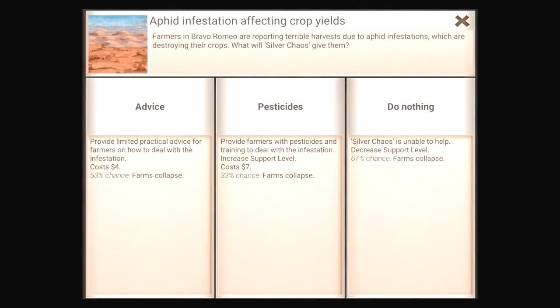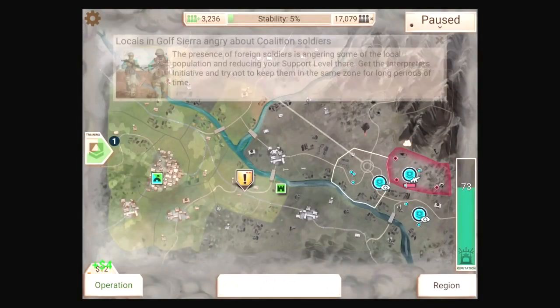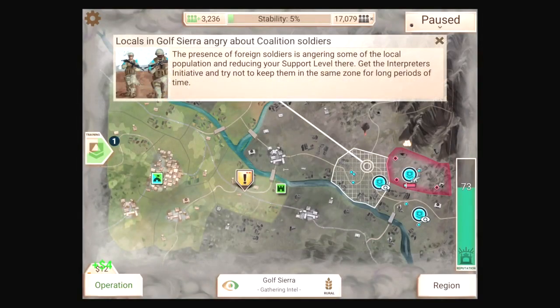What's going on here? We also have this aphid infestation, apparently, affecting crop yields. So we can get advice. There's a lower cost, but a greater chance of farm collapse. And doing nothing doesn't cost us anything, but there's a high chance of farm collapse. We're going to wait on that, so I can show you...